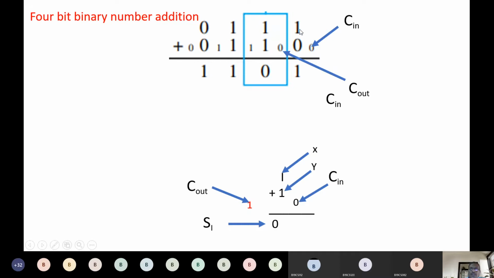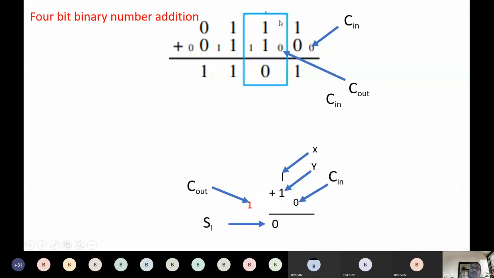So we'll start from here. We will add 1 and 0. We have a 1, and remember, starting the carry in is 0. By default it is 0 because no other pair comes after this one. This is the right extreme pair. So when we add 1 and 0, we get 1. Carry in is 0. So when we add all 3, 1, 0 and the carry in, we get 1. What is the carry out from here? There is no carry out, so carry out is 0.